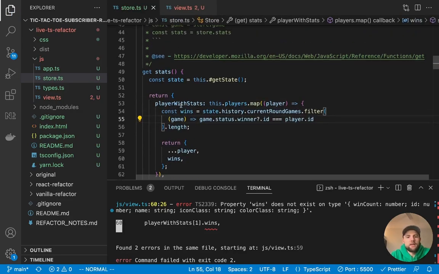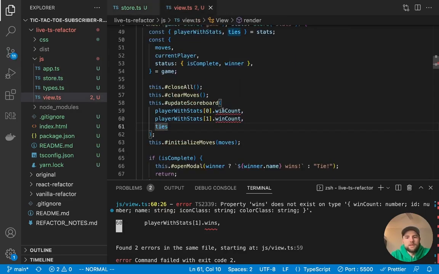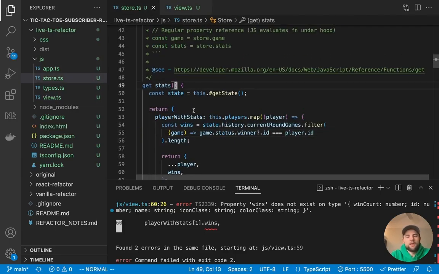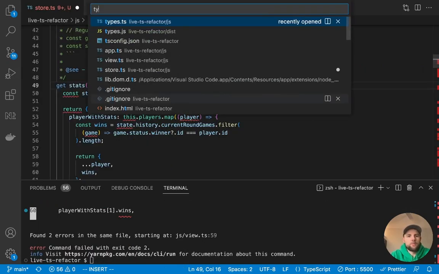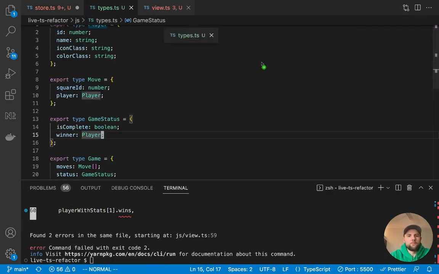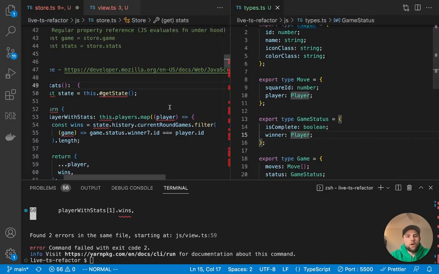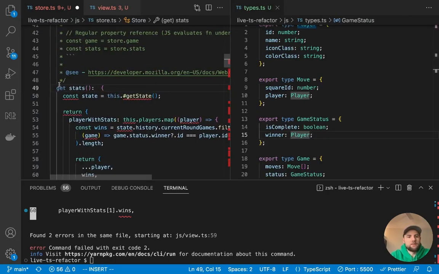Now, like I was saying, you would probably want to type this a little bit stronger. So if you were going back to this stats getter, what you can also do is set a return type on this. So if we wanted to open up our types.ts file, let's bring that over here to the right. And maybe we wanted to actually annotate the expected return of this function, which is usually a good idea with functions.